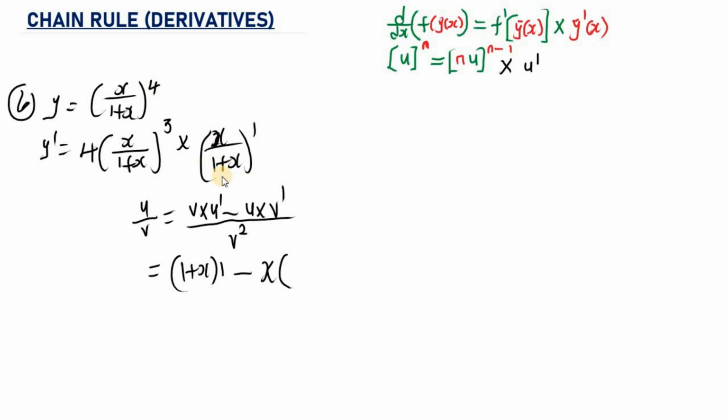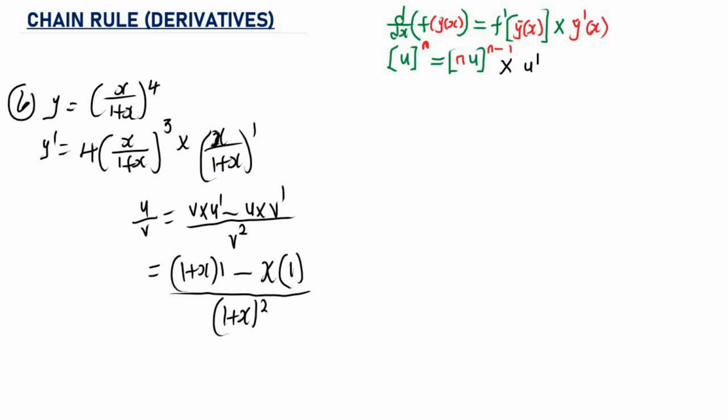Derivative of 1 plus s, this is basically going to give us 1 because derivative of 1 is 0 and derivative of s is 1. So 1 plus 0 is 1. I'm sorry for that. So this is s multiplied by 1. Then divided by v squared. So this is going to be 1 plus s, then raised to the power of 2.